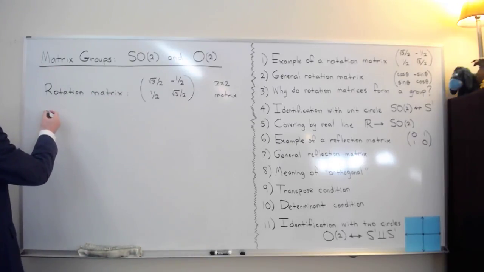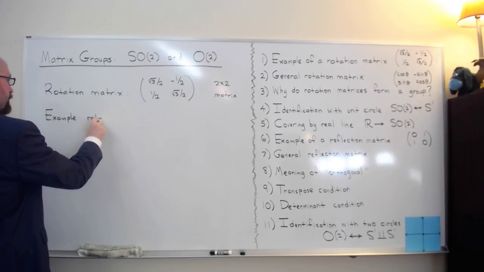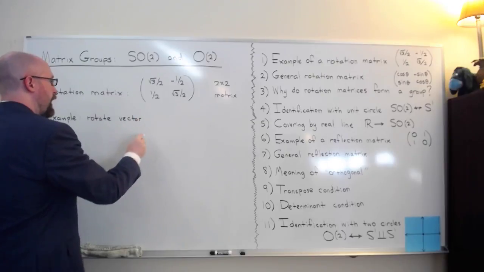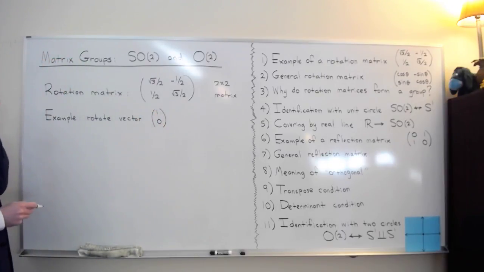All right, so this first example, we're going to rotate the vector, and we'll just choose the one that is 1, 0 first. Now,